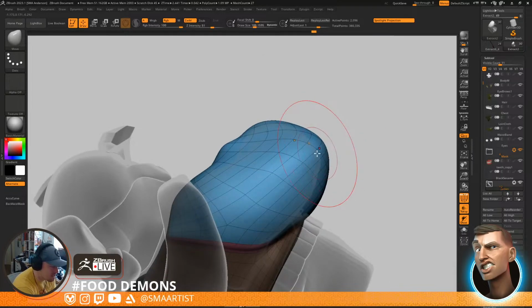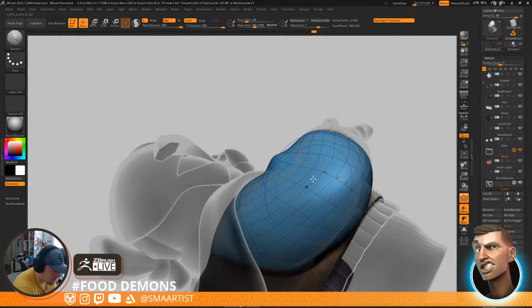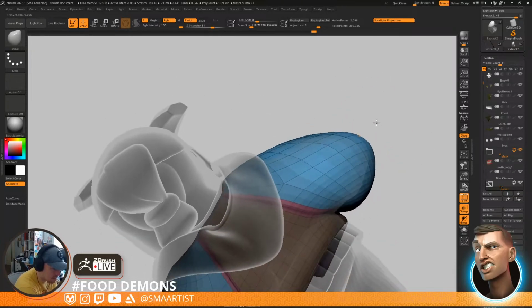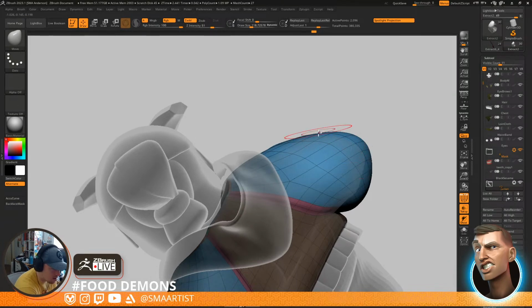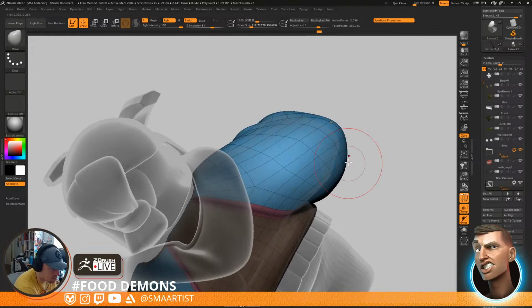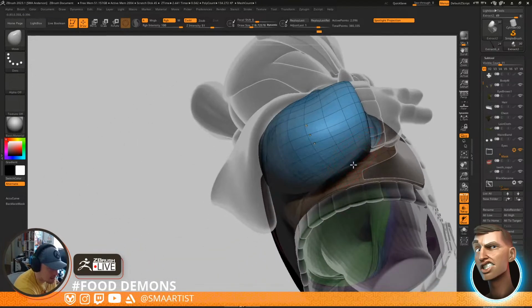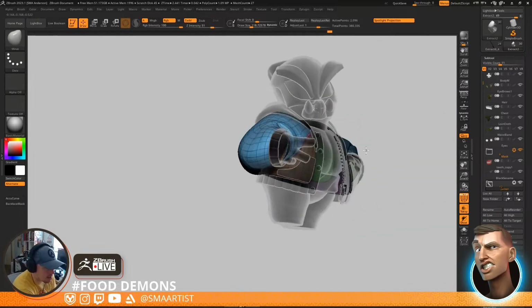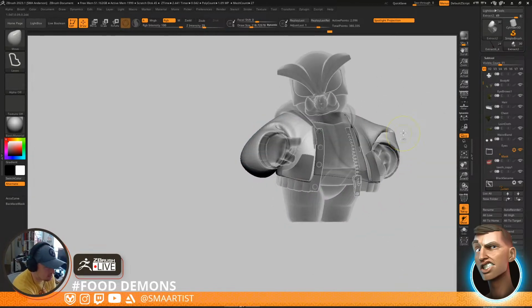And he's a total ZBrush guru, and he's really, really good. And he made this really cool AT-AT walker from Star Wars, and he got to share it on the ZBrush live that